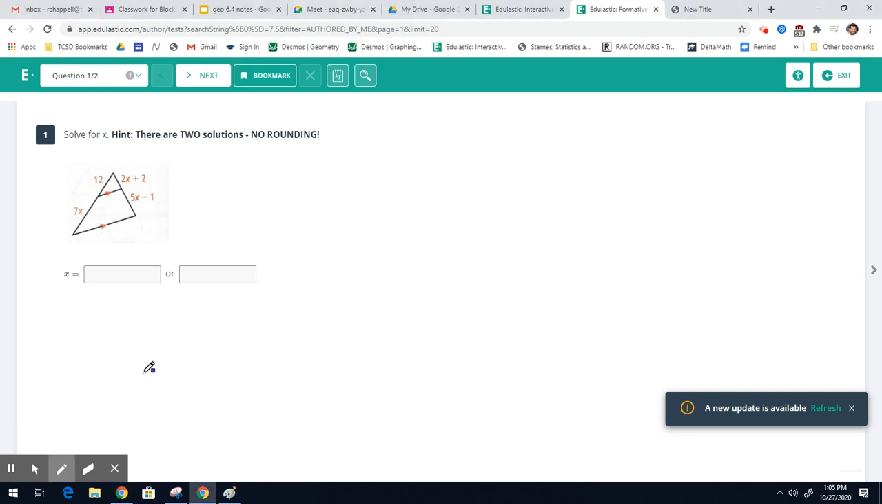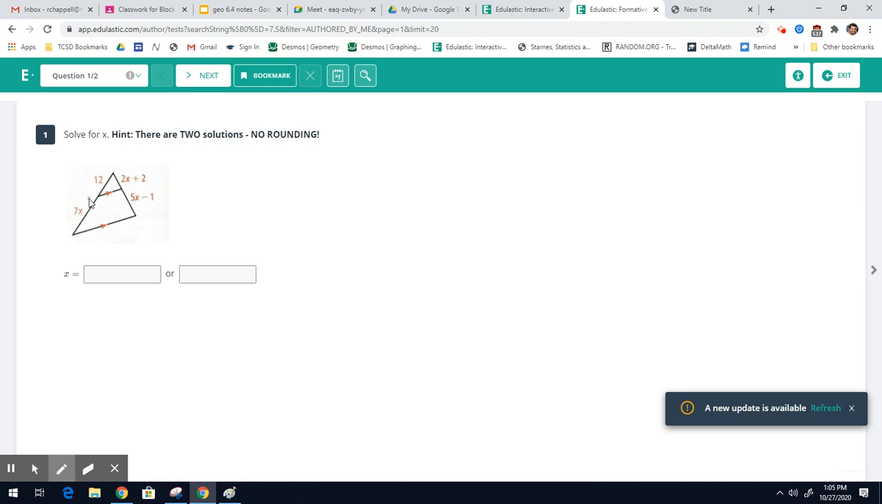Okay, Honors Algebra 2. Here's a couple more proportion problems, but these will involve quadratics, as you'll see in a minute. So this says solve for x. Hint, there are two solutions, no rounding. Okay, so what we're going to do here is create our proportion based off the side splitter